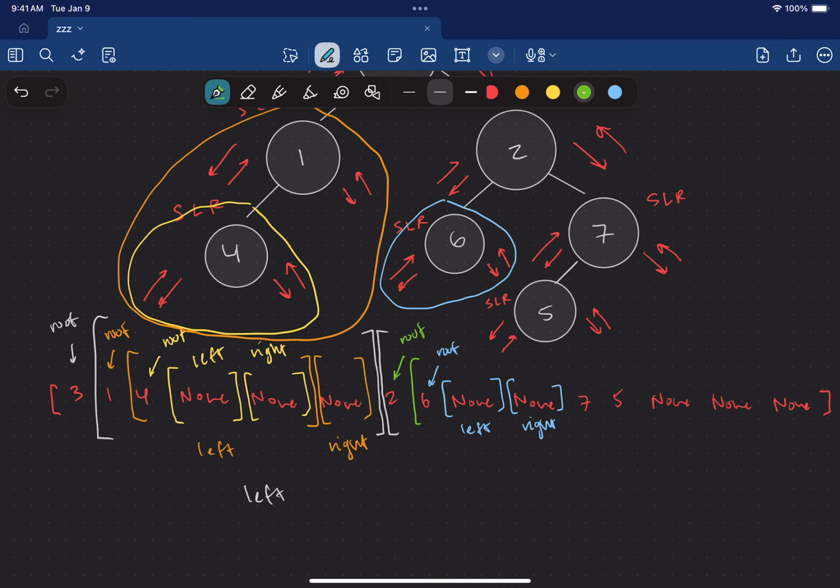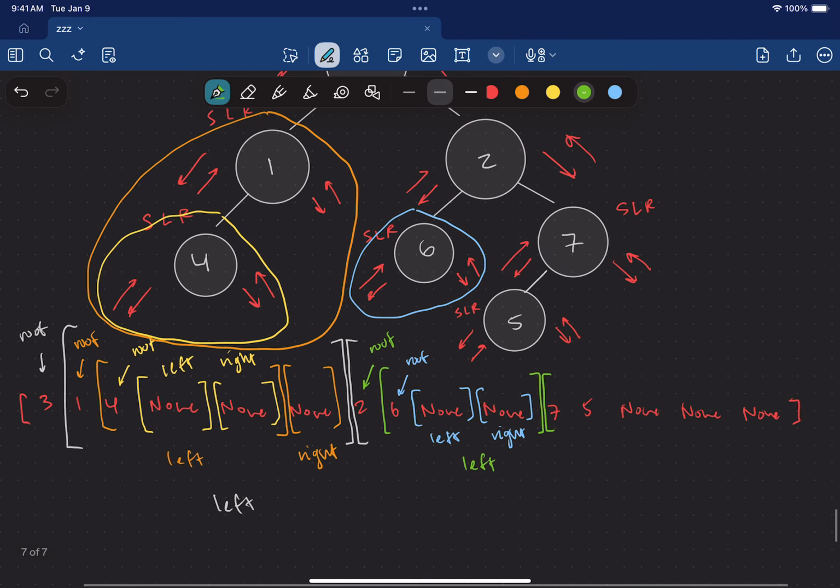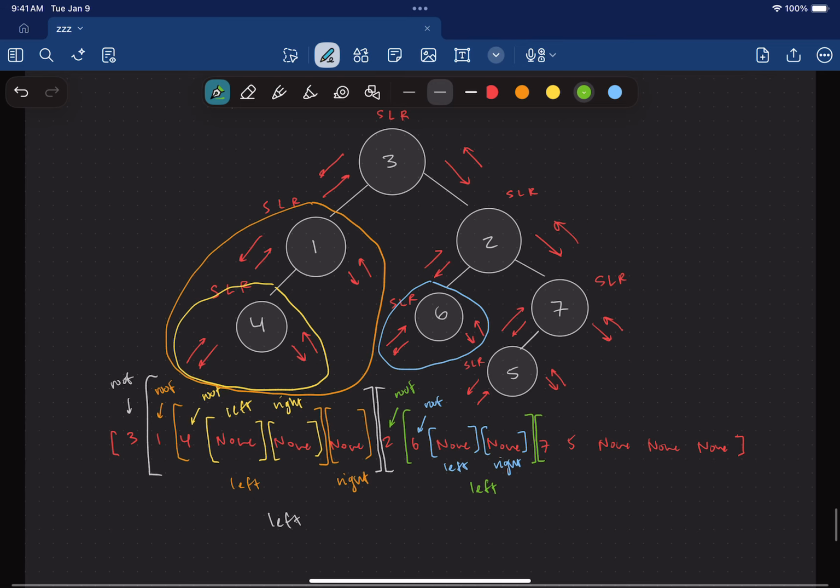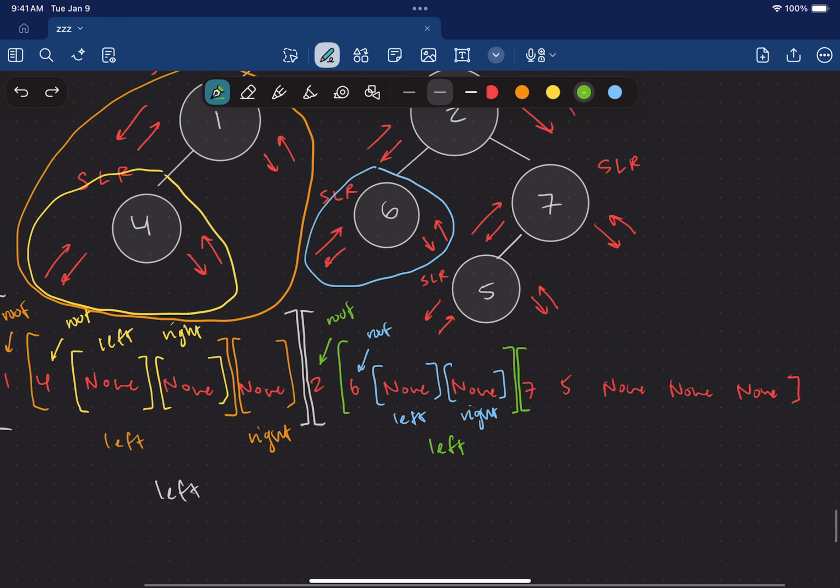Okay, and since that just wrapped up, that means this was the end of the left subtree for green. And since we're done with that, now we know that the next guy is going to start the right subtree for green. And okay, actually, no, we have to wrap it up first. Okay, so 7,